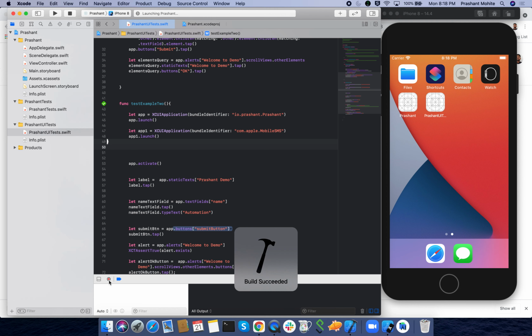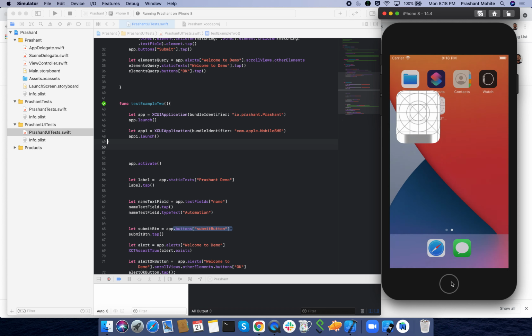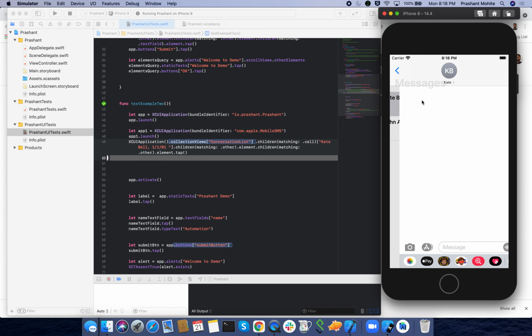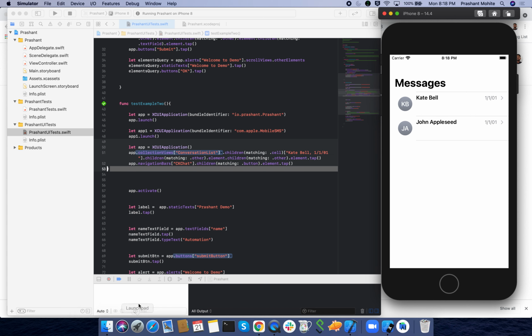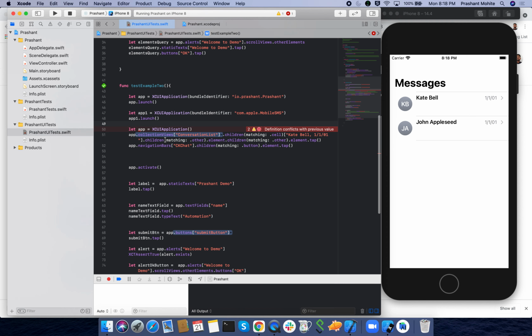I'm recording something from the SMS, so now you will get an idea of how you can switch between the applications and run the code. Here I'm just seeing this, and I'm clicking back. Now let's format the code.